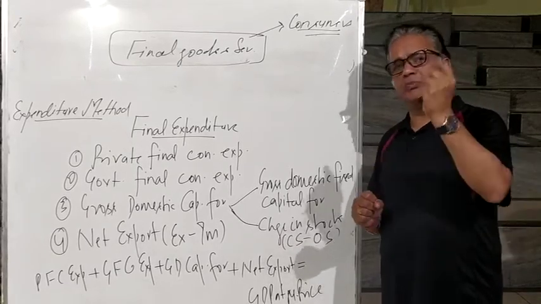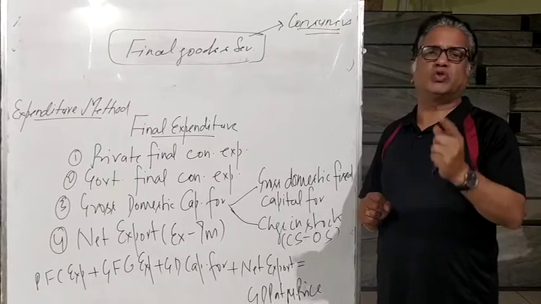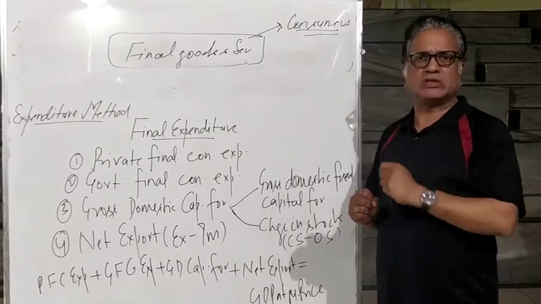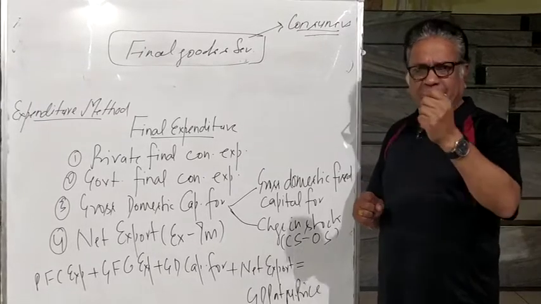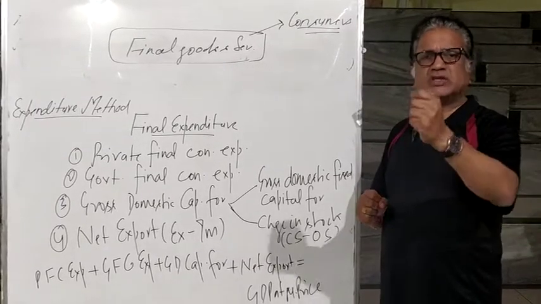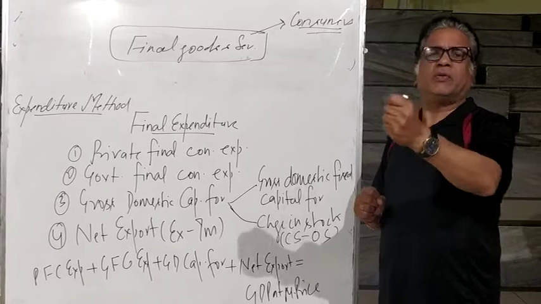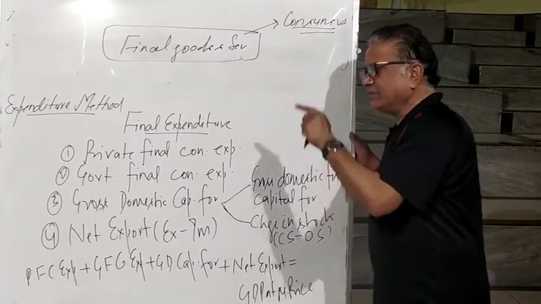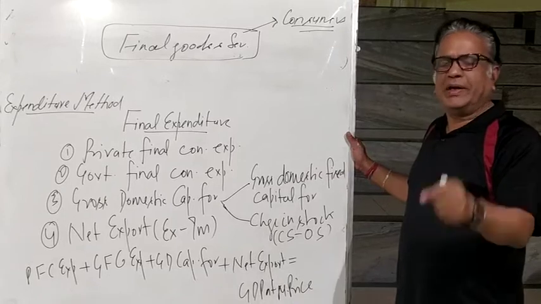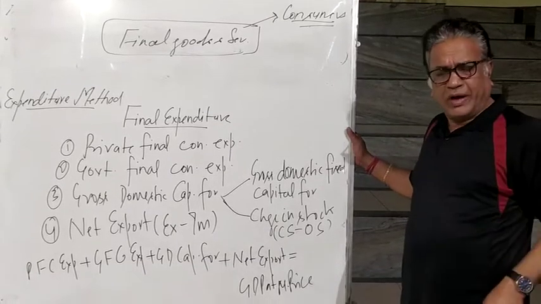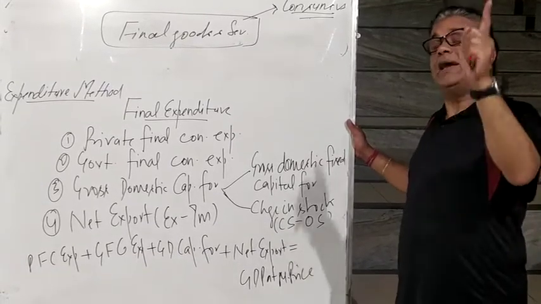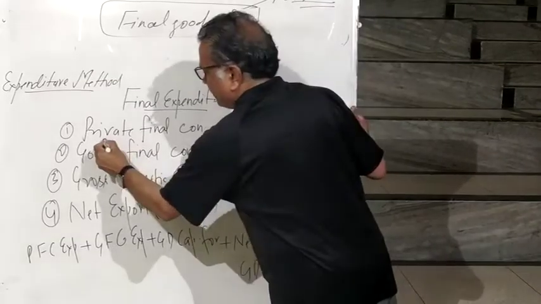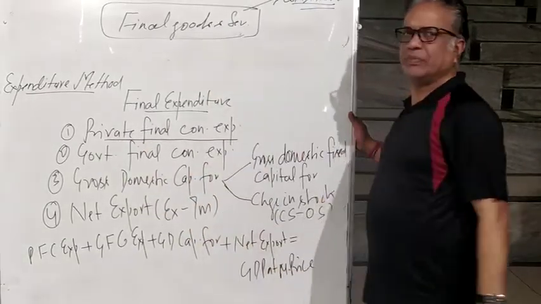But suppose there is a poor consumer who doesn't have money and wants to go for medical treatment, what will he do? He will go to some private charitable hospital where the medical treatment is free, medicines are free, and he will also be consuming medical services. So here, when the consumption is made by the consumer, either from his or her own pocket or by any private charitable institution, that is called private final consumption expenditure.